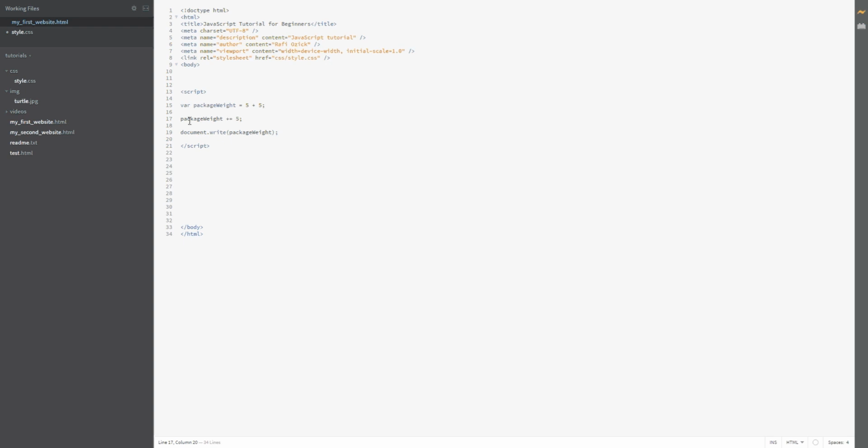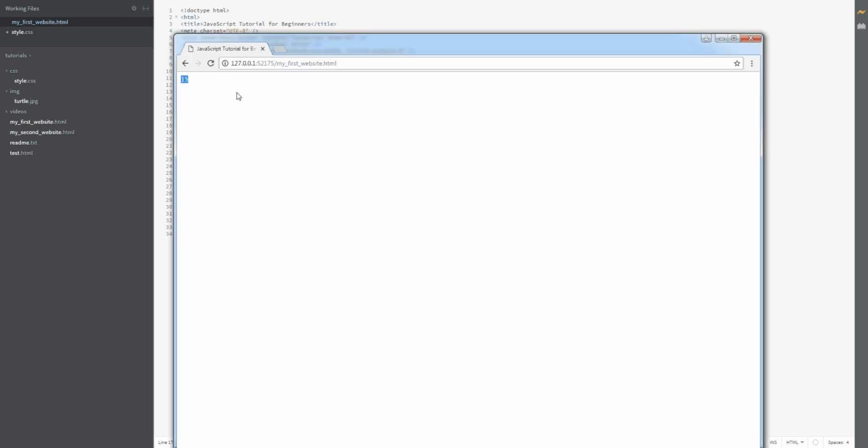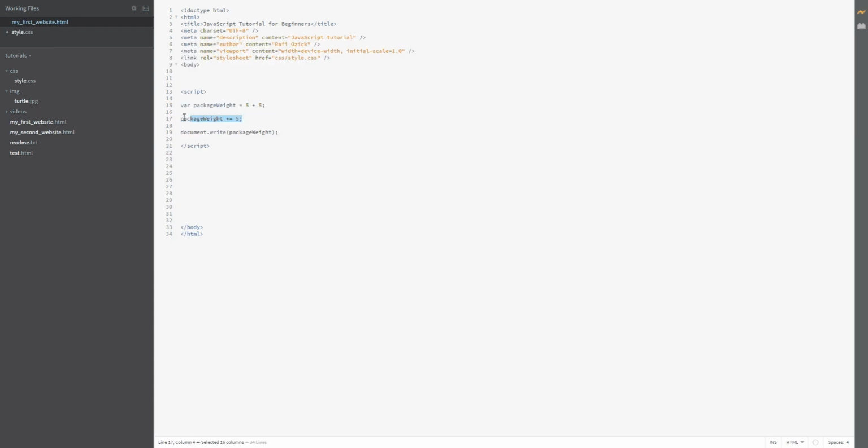Plus equals is a shortcut to do package weight equals package weight plus 5. So you just write package weight plus equals 5, and you get the same answer. It's the same thing. For example, if you had done package weight